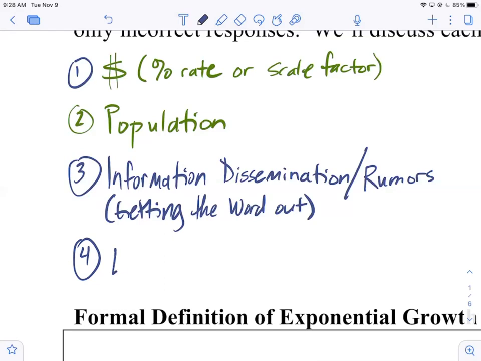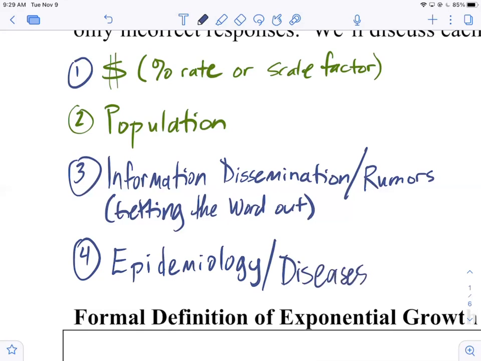Yeah, that goes back into population. It does, right? Epidemiology. Yeah, they're all kind of related in the sense that they're all growing. It's transmitted by people, but diseases, right? Communicable diseases. The more people that get the disease, right? There are ways to stop the growth a little bit or flatten the curve, as y'all have been hearing the last couple of years. But if it goes unchecked, the more people that have COVID, the more people will get COVID. Okay, so that's relevant.